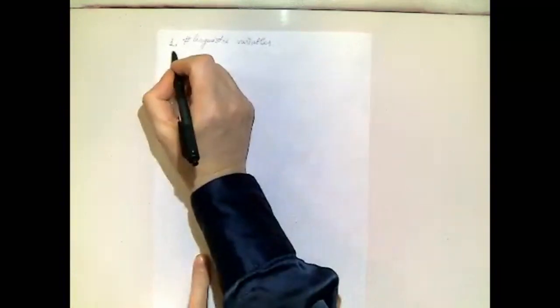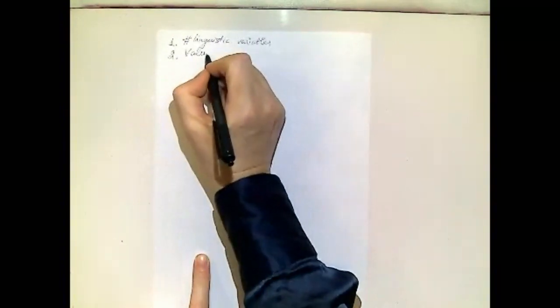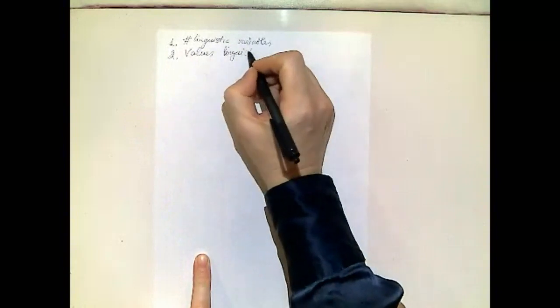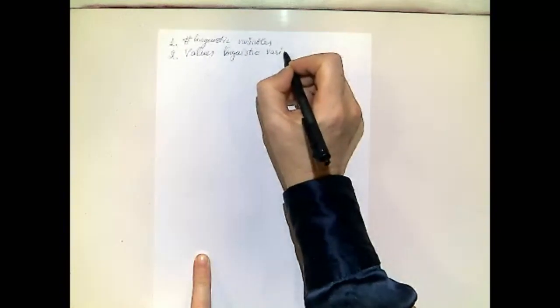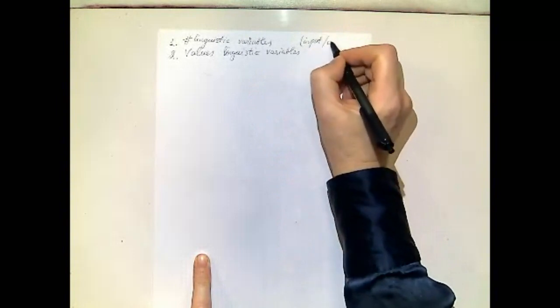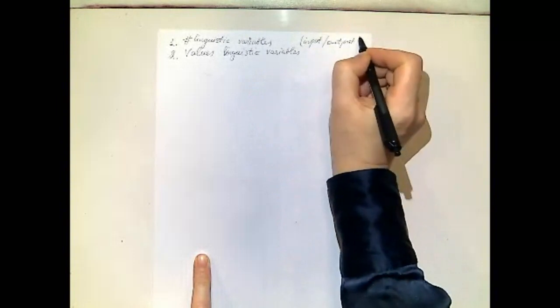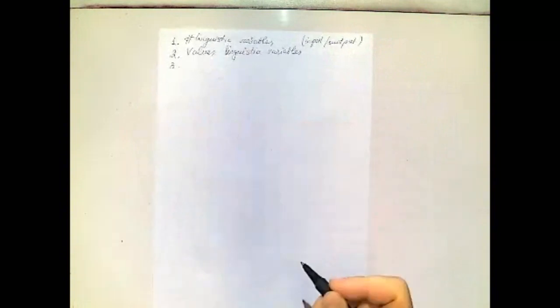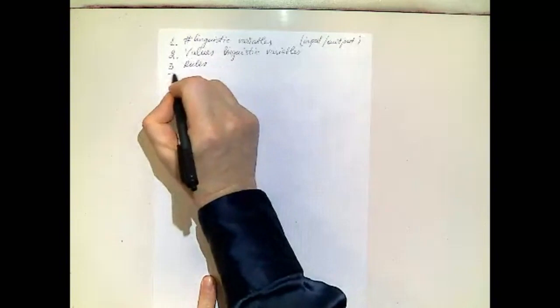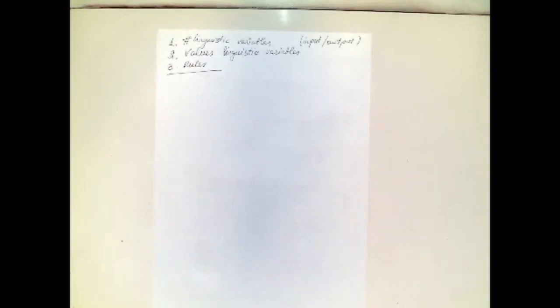I don't know, can you see it? Yeah, you can. Number of linguistic variables. Secondly, you need to know the values of linguistic variables. And remember, in our case, it's input and output. And also, before we build the ANFIS system, we need to have rules. So these are 3 main elements that would help us to work on designing the ANFIS system.